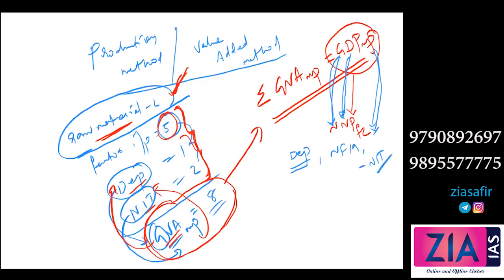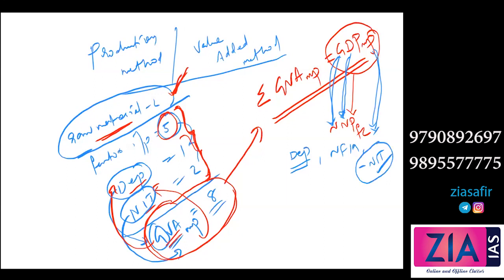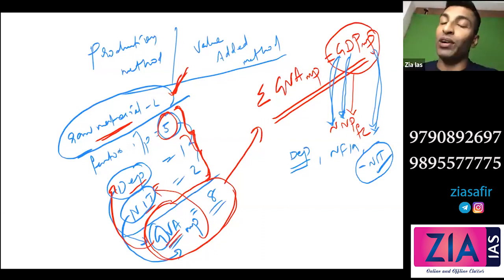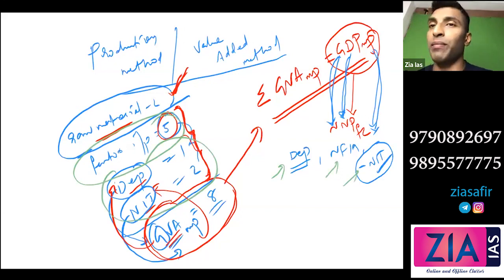Is it okay? Yes, sir. Any doubt here? It is actually similar to the first one, the income method. In the income method, we are only taking factor income. In that case, only this part we have taken, so it was much easier. Here, we are considering this also, so it is slightly technical, slightly difficult. You need to do all these processes. Otherwise, it is almost the same.